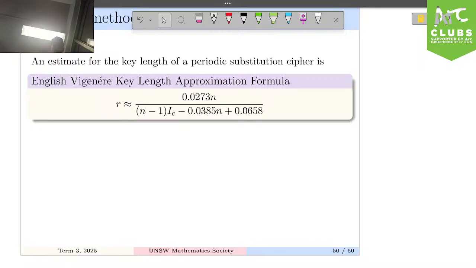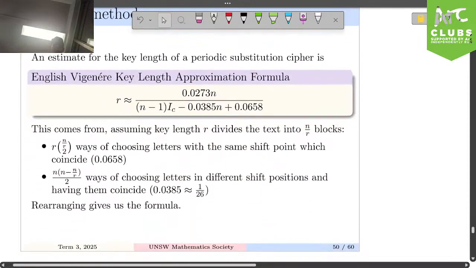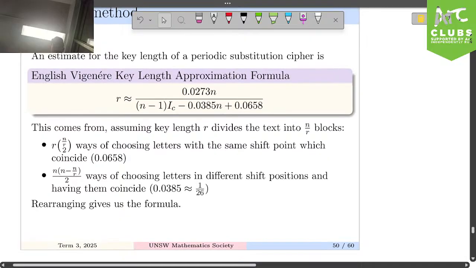The reason for these weird numbers is, again, combinatorics, but it's combinatorics specific to the English language. So somebody has gone out and figured out the relevant probabilities to put into this formula, and those just show up as numbers. So for the English language, this turns out to be true. You are expected to at least be aware of where these numbers come from. Thomas Britz can do that way better than I can, because combinatorics was not my best subject.